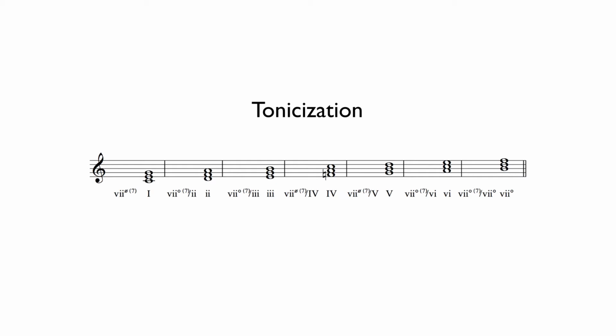Likewise, we can also tonicize each major or minor chord by using its leading tone seventh chord. For the first degree, we don't need any secondary function, but for the second degree, D minor, we can use the C sharp diminished seventh chord. For the third degree, we can use D sharp diminished seventh chord, and for the fourth degree, we have two options. Either we can use the half diminished seventh chord, or we can use the fully diminished